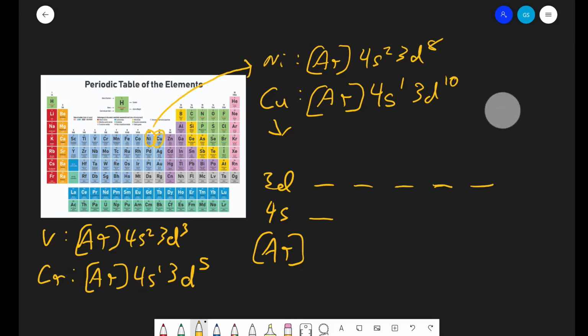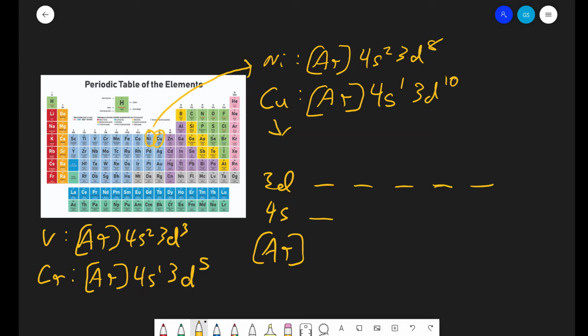And you may wonder, well, why? There's apparently a better explanation for this, but it's way beyond the scope of this course. And I actually don't know it either, but I just know that there's a legitimate explanation for exceptions in electron configuration. But for now, all we need to know is that copper and other elements do this because it's more stable for them. So the way to think about it is,